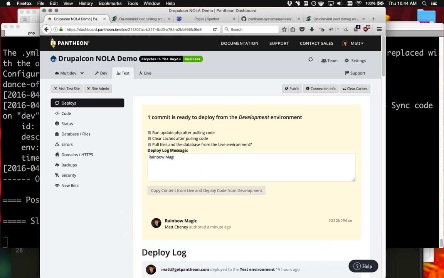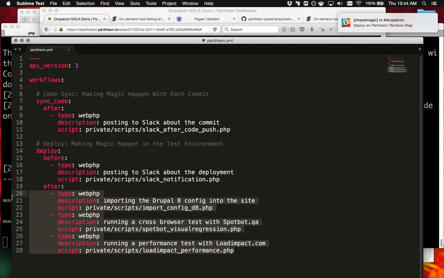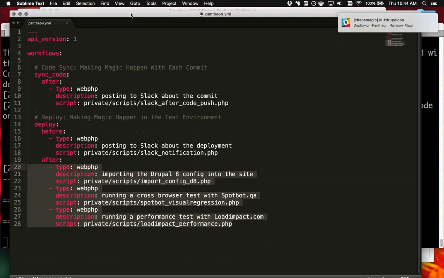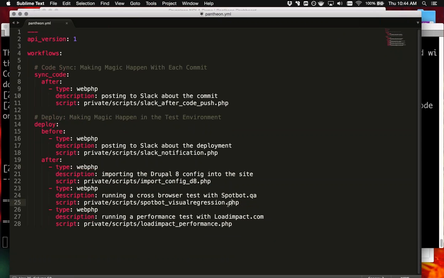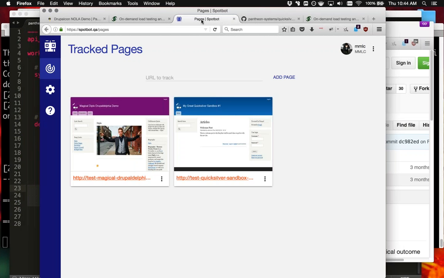And now what's going to happen with the test environment is I'm running a variety of different tests that I'm interested in doing. This is something I definitely encourage folks to do. You're obviously going to do some testing all the time anyway, but I first want to do a test with the SpotBot QA tool, which has some visual regression stuff in it as well. But the thing that I really like about it is that it's a very, very fast